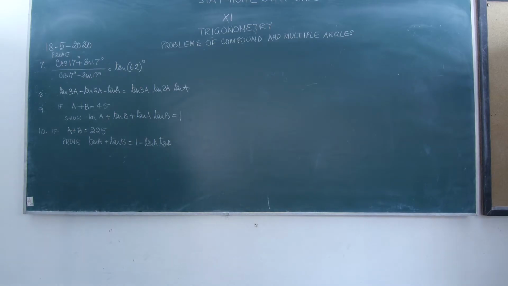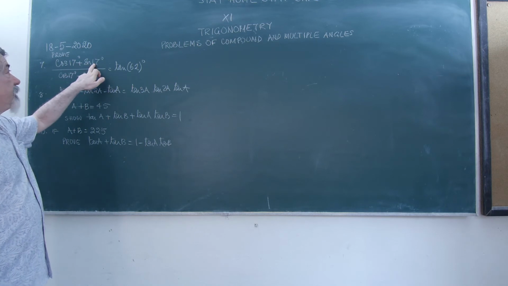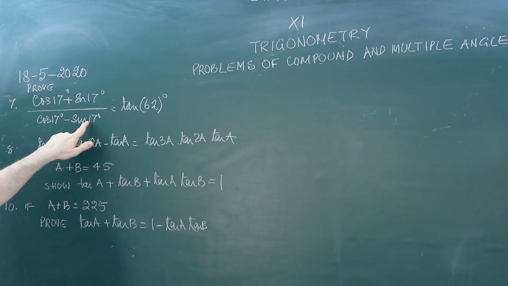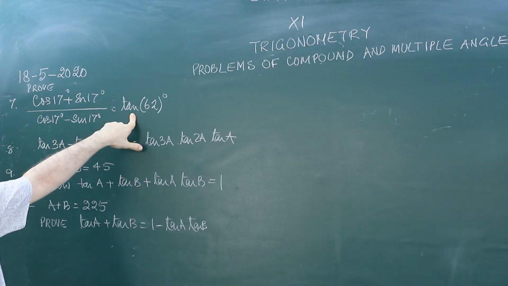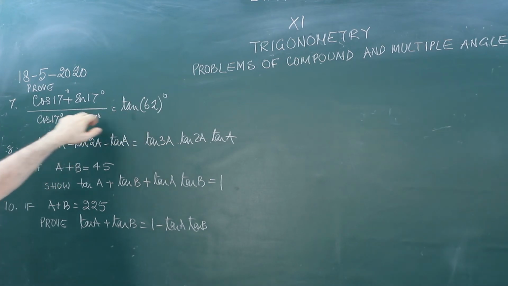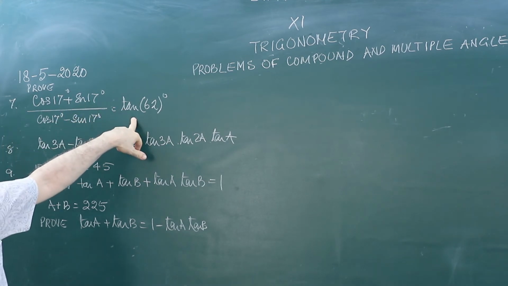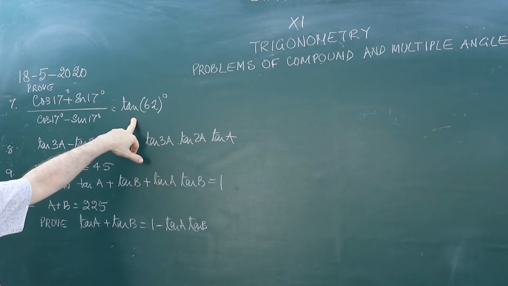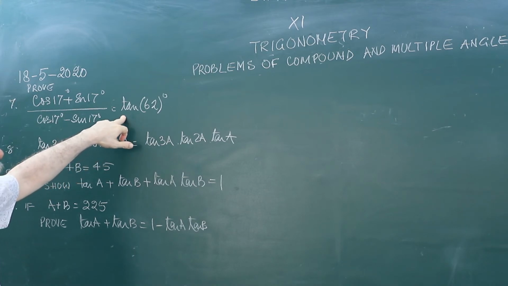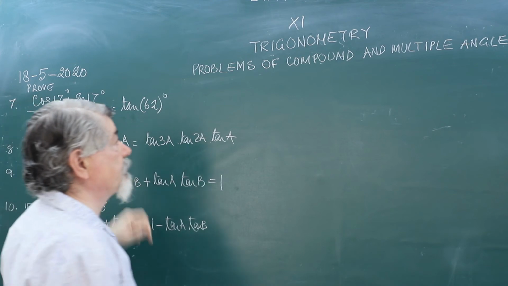Next question is (cos 17 + sin 17)/(cos 17 − sin 17) = tan 62. This kind of question we have done earlier also. I think it was (cos 11 + sin 11)/(cos 11 − sin 11) = tan 56. We had done this kind of question. And what did we do? tan 62